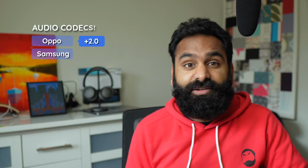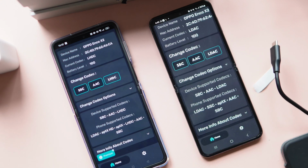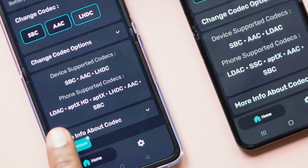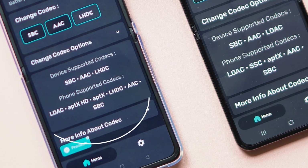Now, we're an audio channel, so we gotta talk audio and codecs. Samsung prioritizes its own ecosystem and gives you the Samsung Scalable Codec, in addition to SBC, AAC, LDAC, and aptX. But the Oppo goes half a step further by supporting LHDC as well as aptX HD, so half a point